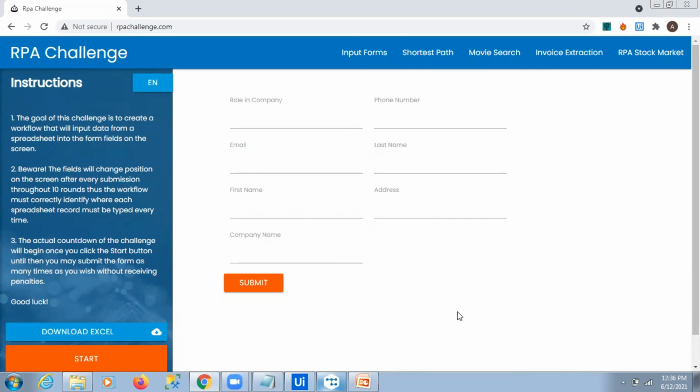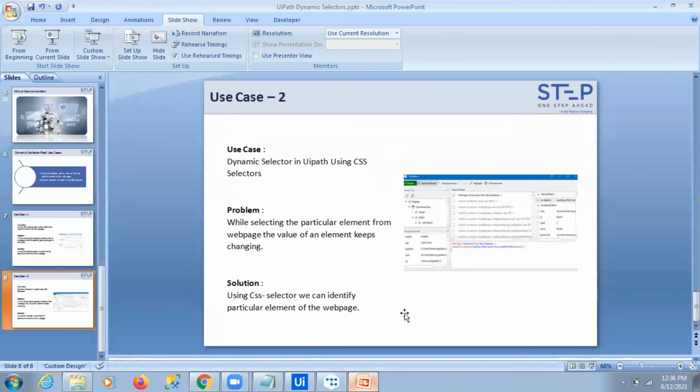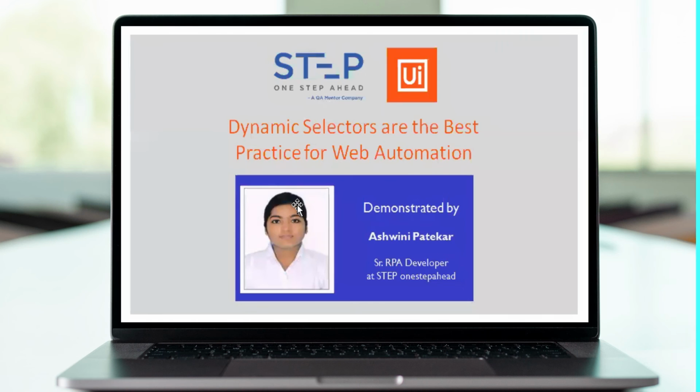Ashwini, very good insights related to dynamic selectors, because everyone in any project is getting problems related to selectors. Just now Rekha said she was also getting the same problem in her project, and in any project related to RPA and UiPath, people are facing these problems. It's a very insightful solution with the examples which you have given. Very good session.